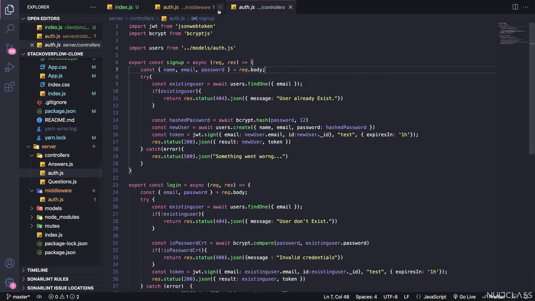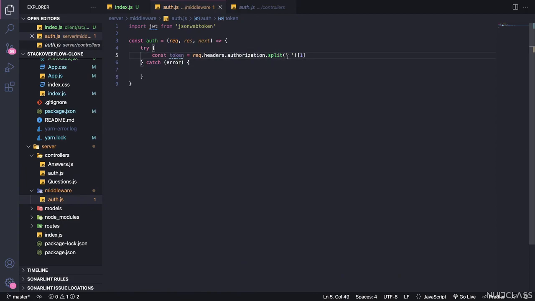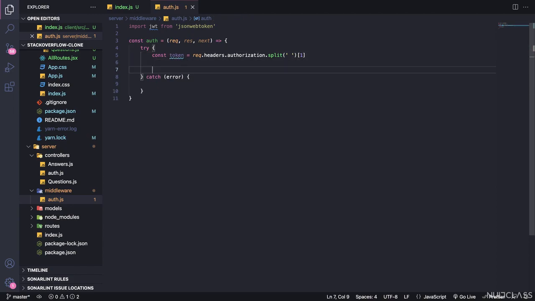So we are going to split that specific string into two elements of an array by a space. The first element is going to be Bearer and the second element is going to be the token. We are going to select that token and assign it to a value,